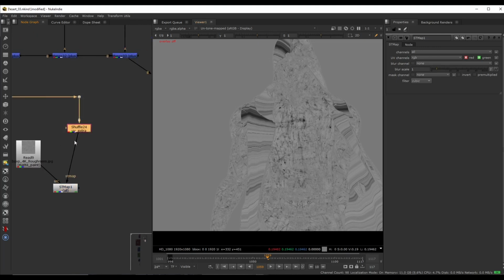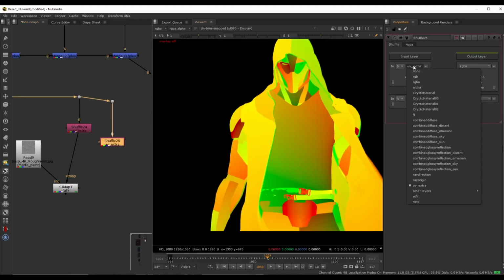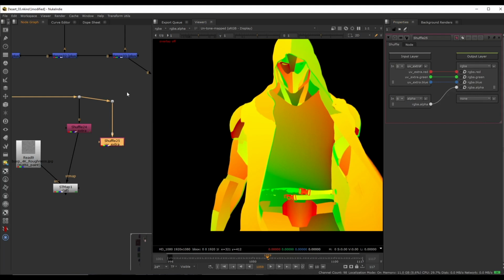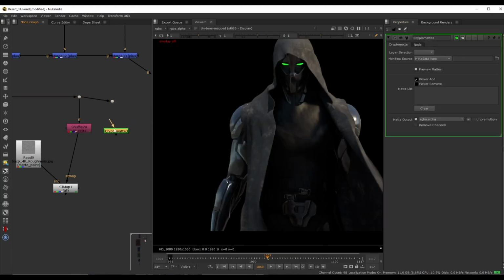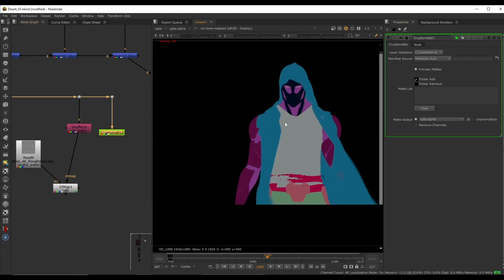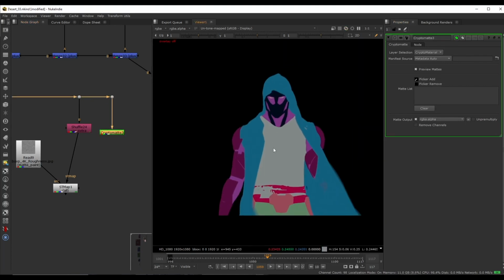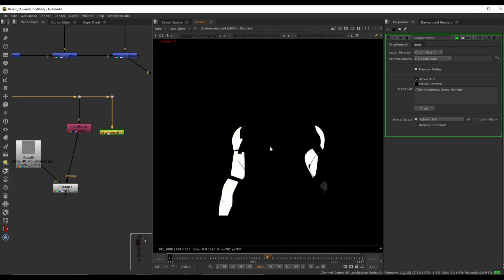So I'll create a duplicate of the shuffle here. Let's also point this back to our render, and we don't need a shuffle for this. So let's get rid of this, and let's use a crypto matte node, and point this to our main render, and we can see the separate ID that we get for each object that has a different material assignment. And to select the one that we are interested in, I'll just hold down Control and click on the ID that we need, and we see if I press A, this will create an alpha pass for us